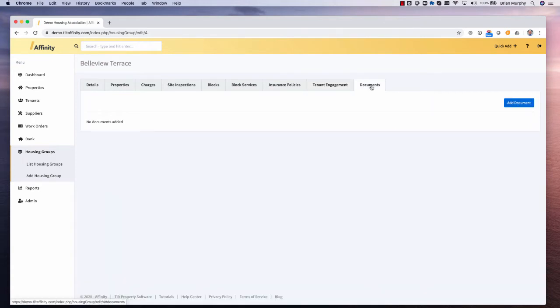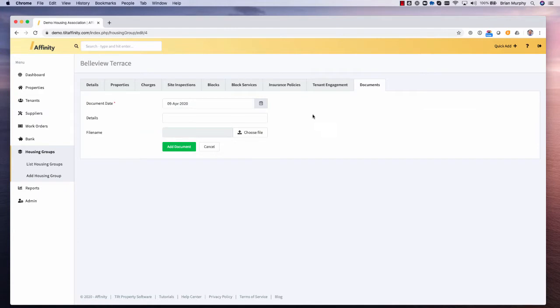The last tab along is a Documents tab, and here we can upload miscellaneous documents, Word documents, PDFs associated with this housing group. After adding one or more housing groups, we're now in a position to add properties into Affinity,